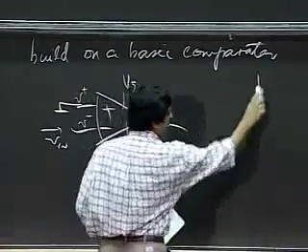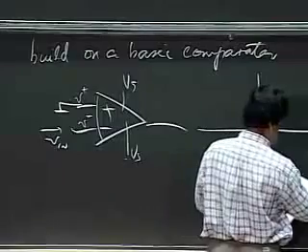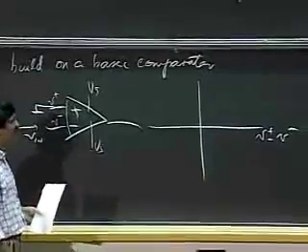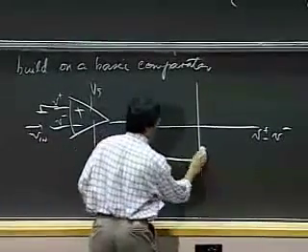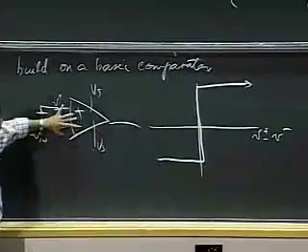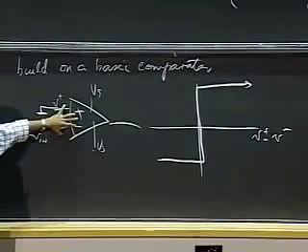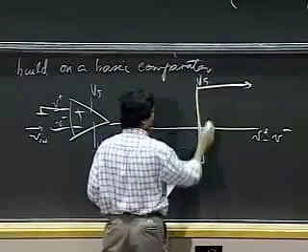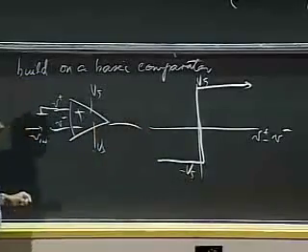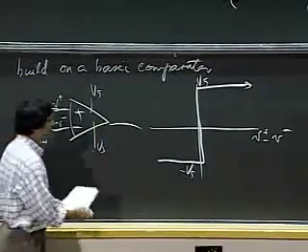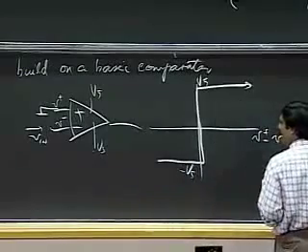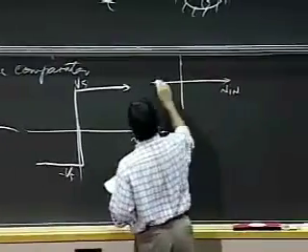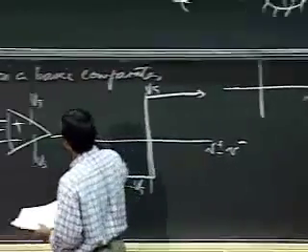I apply some input V in, and if I just do that, then if this is V plus minus V minus here, I'm going to get something that goes like this. That is, when this is positive here, then this guy is going to go to the VS rail, and this guy is going to go to the minus VS rail. If I plot the same thing in terms of V in, and this is V out,